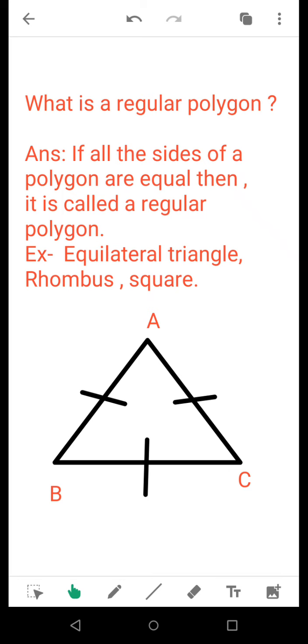For example, an equilateral triangle, as you can see it is made over here, a rhombus, a square. There are more examples, but I have informed you of three very basic ones. Now as you can see in this figure, ABC, this is the name of the triangle, triangle ABC, and it is an equilateral triangle. It means line segment AB, line segment BC, line segment AC are all equal. See, I have used strikes on them to denote that all of them are equal.